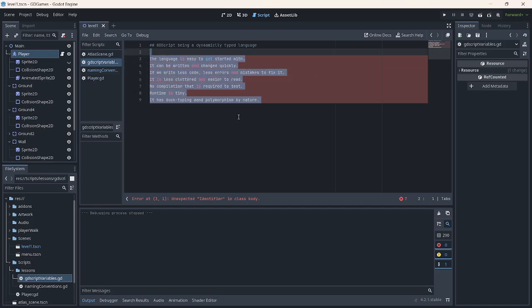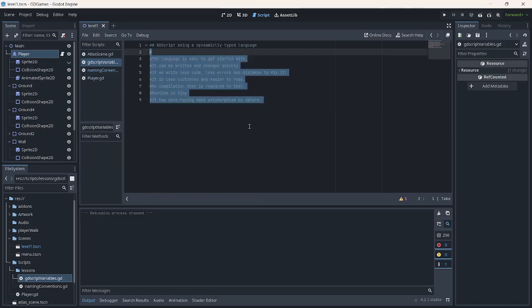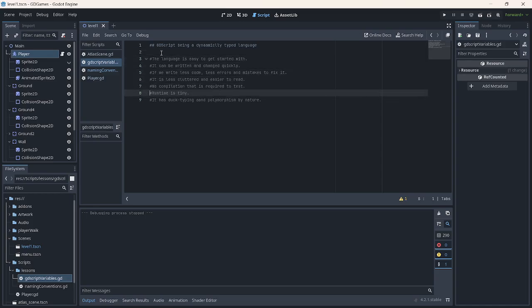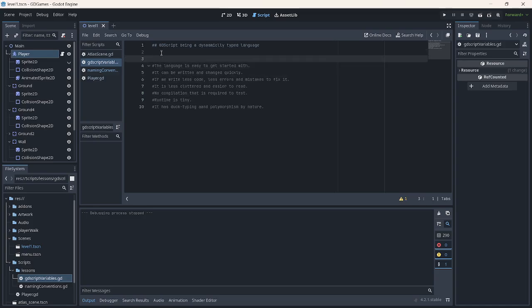Again, let's practice what we have covered so far. Control K will provide us a multi-line set of comments, right? So these are the advantages of a dynamically typed language.